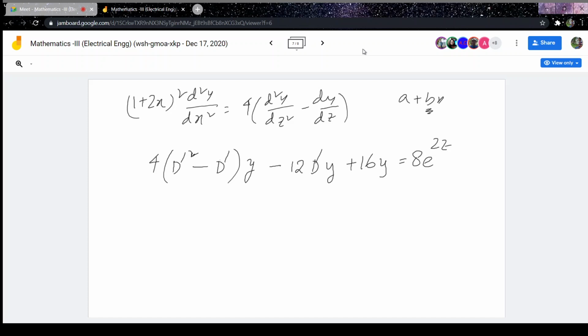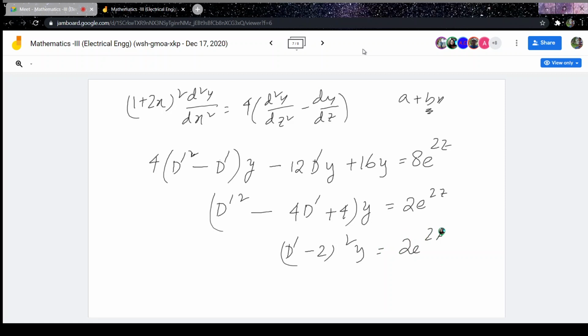So this will be d square minus 4 d dash plus 4 y is equal to 2 e to the power 2z. So your CF is C1 plus C2z